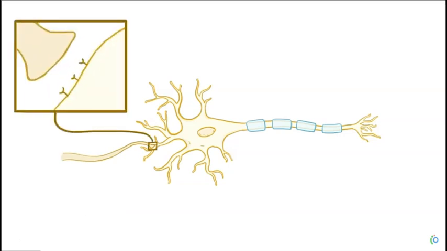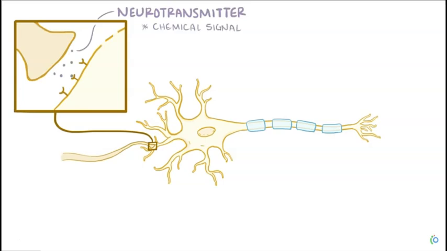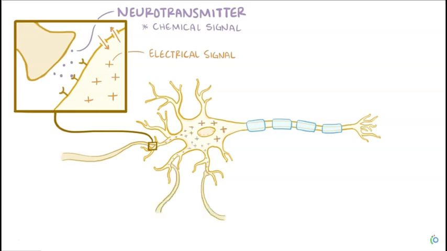Those dendrites receive signals from other neurons via neurotransmitters, which, when they bind to receptors on the dendrite, act as a chemical signal. That binding opens ion channels that allow charged ions to flow in and out of the cell, converting the chemical signal into an electrical signal. Since a single neuron can have a ton of dendrites receiving input, if the combined effect of multiple dendrites changes the overall charge of the cell enough, then it triggers an action potential, which is an electrical signal that races down the axon up to 100 meters per second, triggering the release of neurotransmitter on the other end, and further